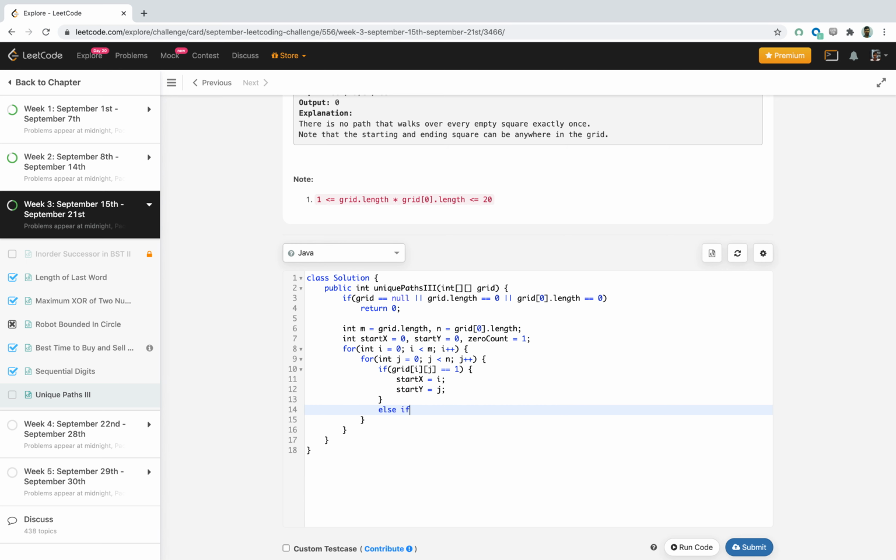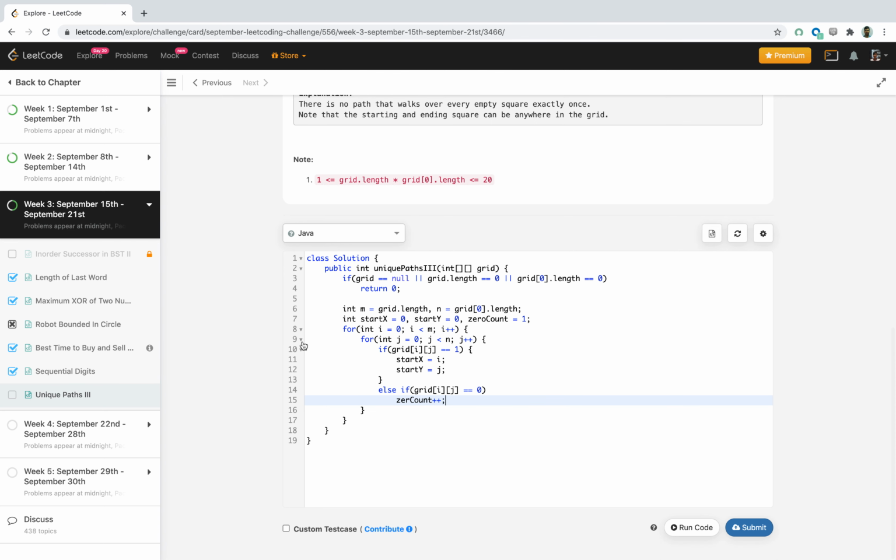Else if it's 0, that means it's a 0 square, so we'll increment the zero count. Once this is done, we'll get the starting position and also the zero count.